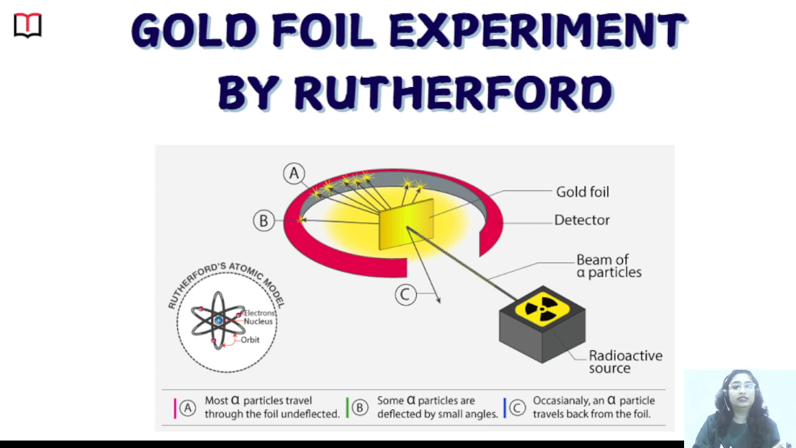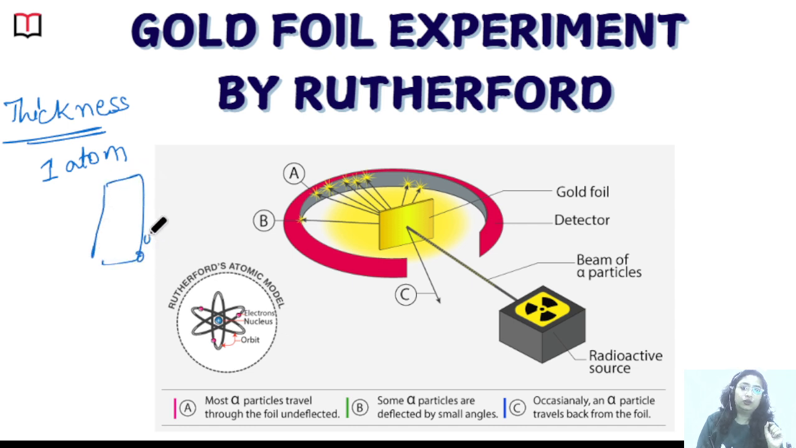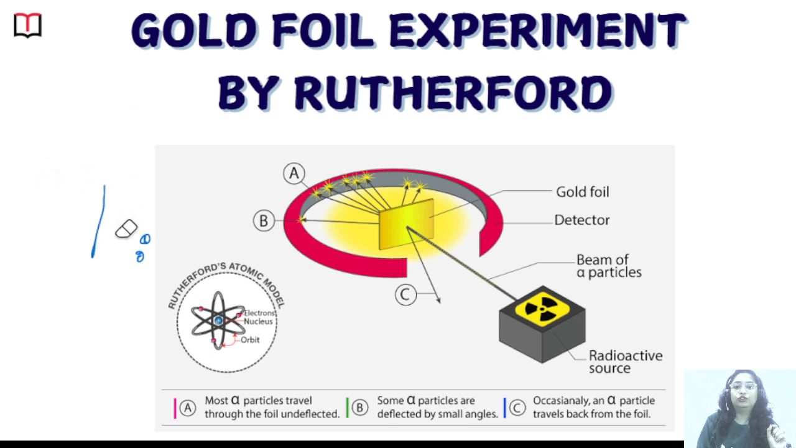How thin is it? If I talk about the thickness, it is like the size of one atom. That much thin. So in a sheet of gold, the thickness is just one atom. This is the reason Rutherford chose gold for his experiment, because it's a highly malleable metal. Clear? So now what he did was choose gold, and in this chamber he put some radioactive